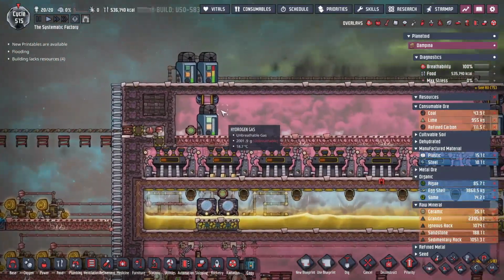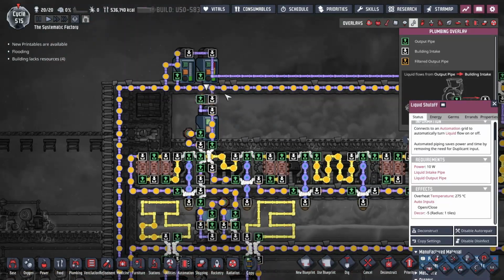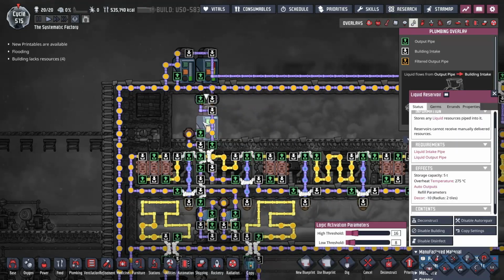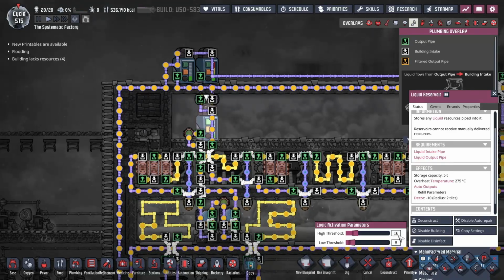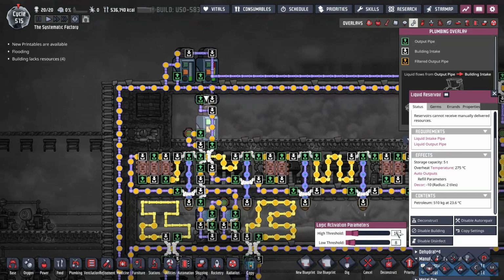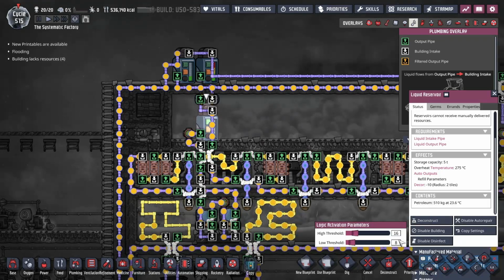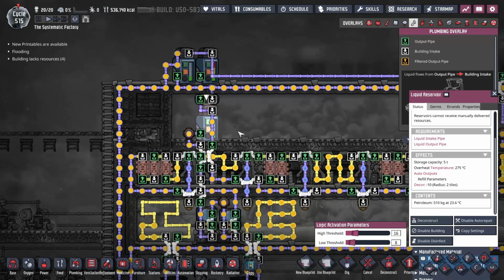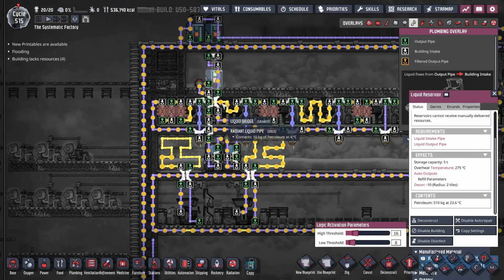The first part is that I have a liquid shutoff up here. It pulls in petroleum from the top because petroleum is the coolant I'm using at the moment. And there's some automation here that is set to 16 and 8. That represents 800 kilograms and 400 kilograms, because 16% of 5,000 is 800. So if this falls below the 400 mark, it opens up the liquid shutoff to top off the reservoir to fill it back up until it gets up to 800,